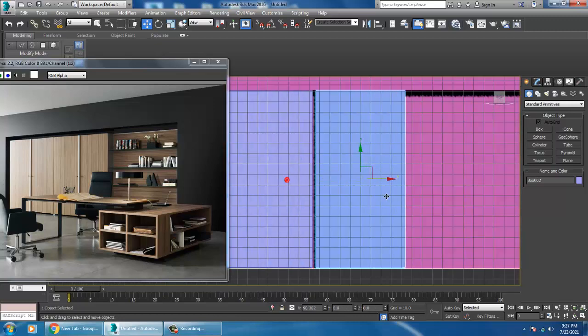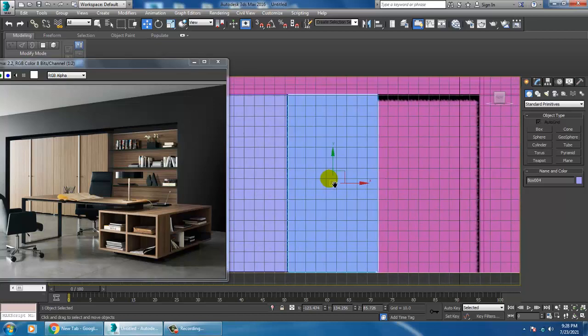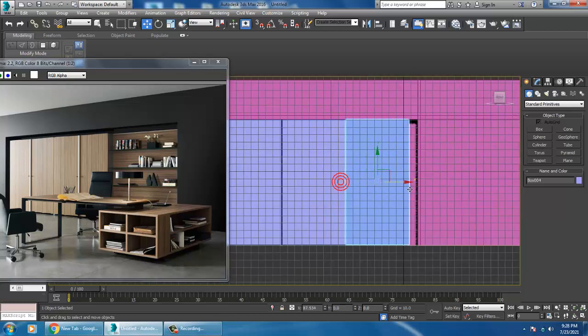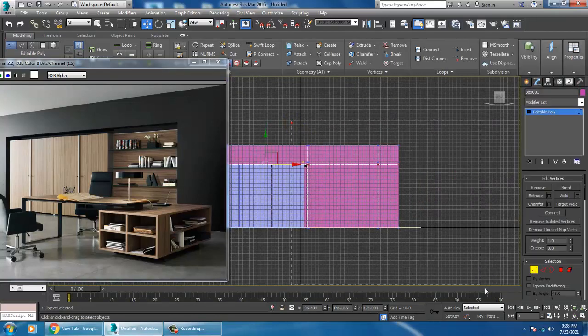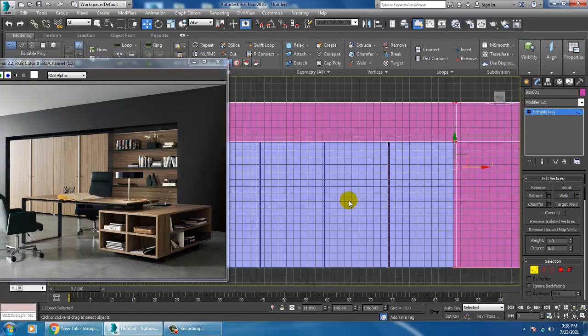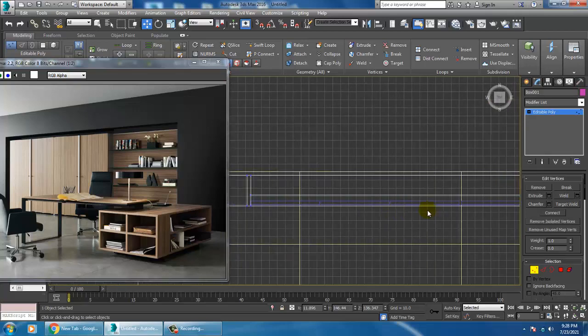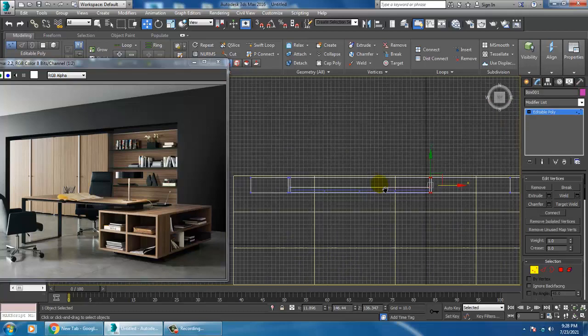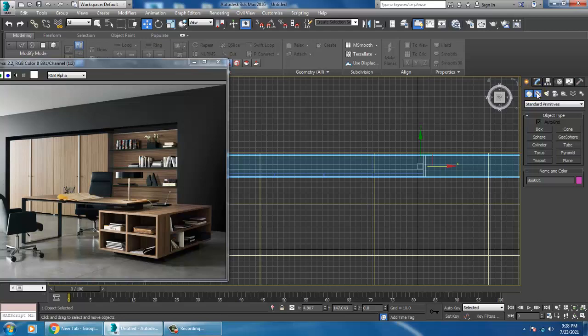Shift and drag it in this way. Now what I'll do over here is go to the top view, and for that section I'll go to the line tool over here.